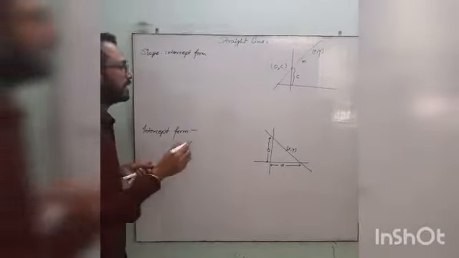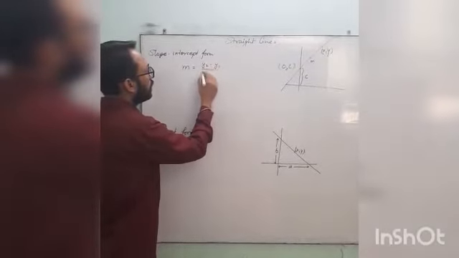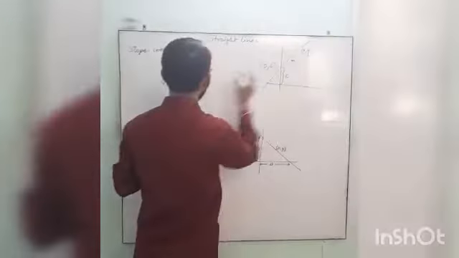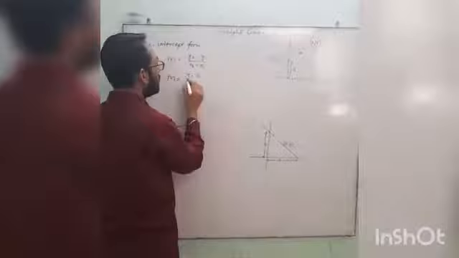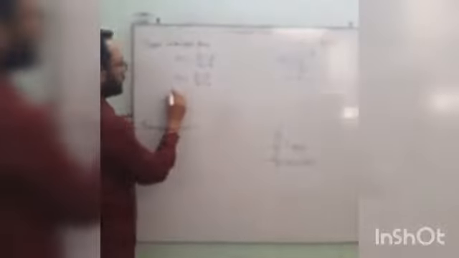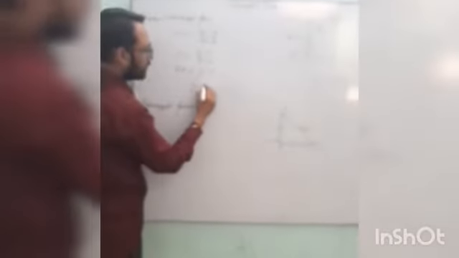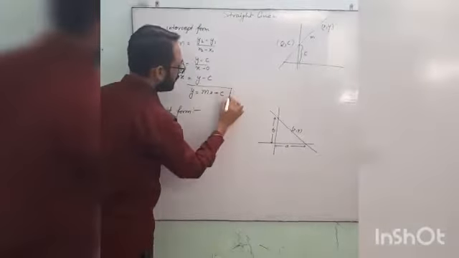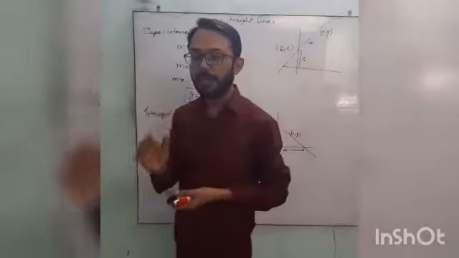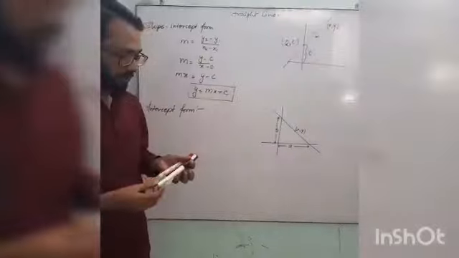So this line will have an equation. We know that slope m is equal to (y2 minus y1) upon (x2 minus x1). Try to see, m is equal to y2 is y minus y1 is c upon x2 is x minus x1 is 0. So with cross multiply, mx equals y minus c, or I could write y is equal to mx plus c. This is the equation of the line in the slope intercept form. In the slope intercept form, y equals mx plus c. This is the most common equation of the line.